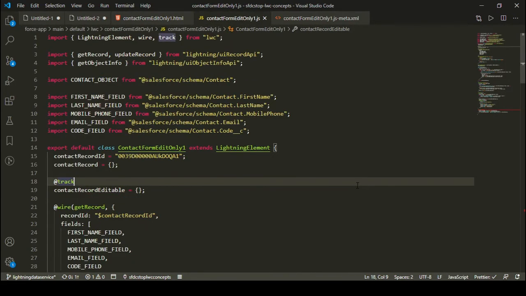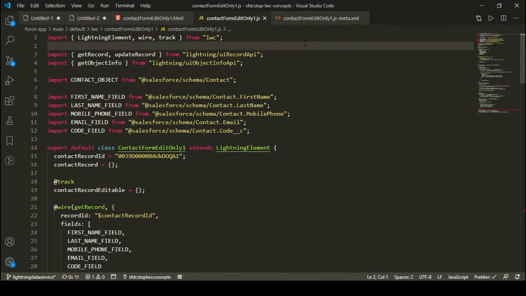As you can see in the JS, I have some import statements. First of all, I have imported LightningElement, which is imported by default for any LWC component. I have imported wire because I am going to call my getRecord and updateRecord methods from Lightning Data Service. I have also imported the track annotation.